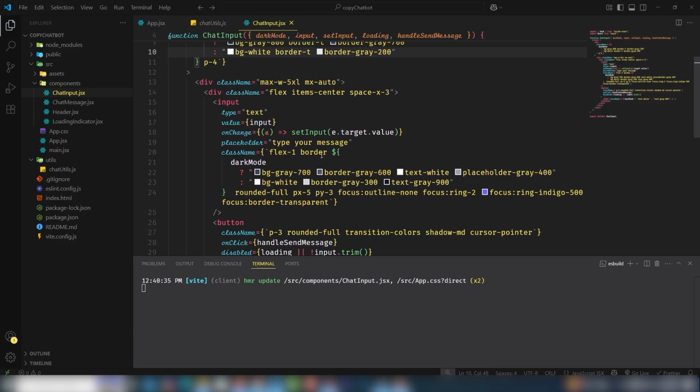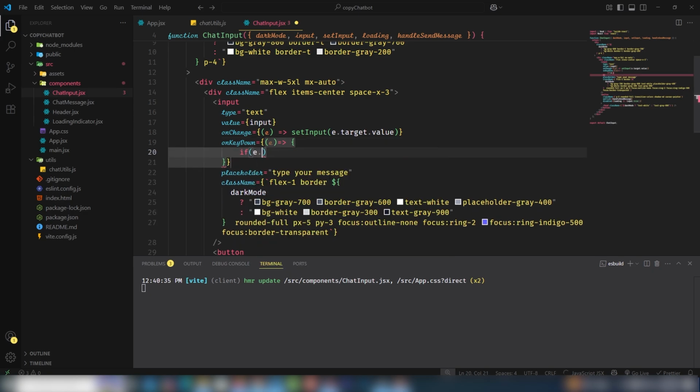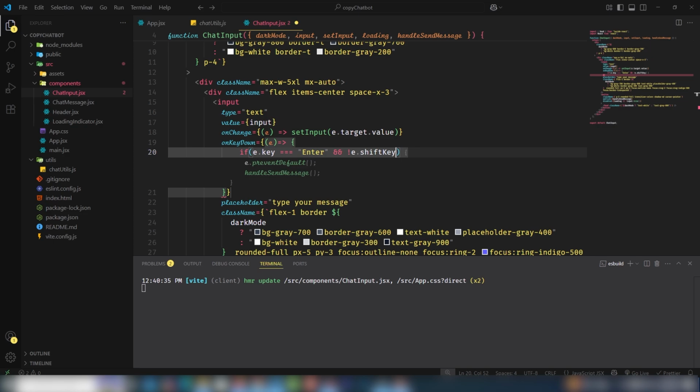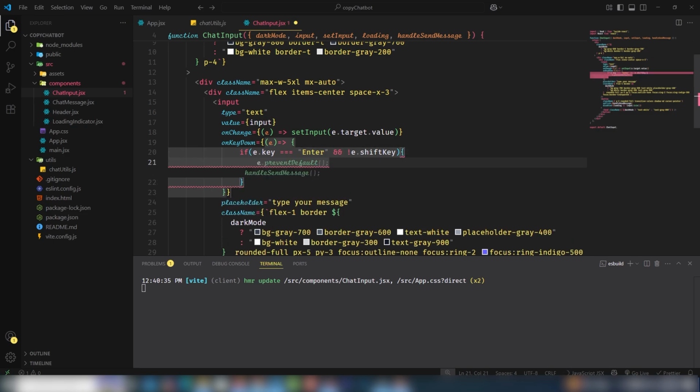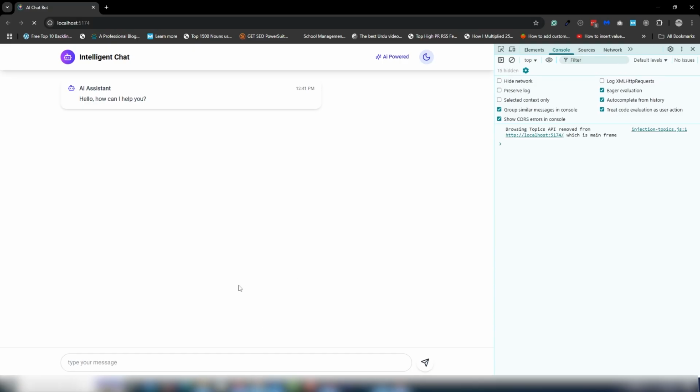The last and final thing is I need to move to the input field and use the event onKeyDown. Inside the curly bracket, if e.key is Enter, meaning when the user presses the enter button, then I will execute the function, and not e.shiftKey, then move on there, e.preventDefault, and call the function. So I think it should be